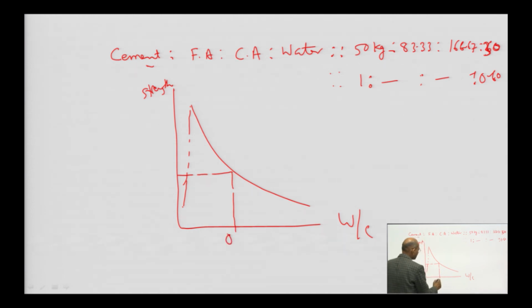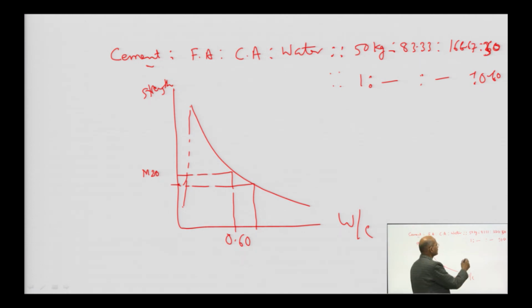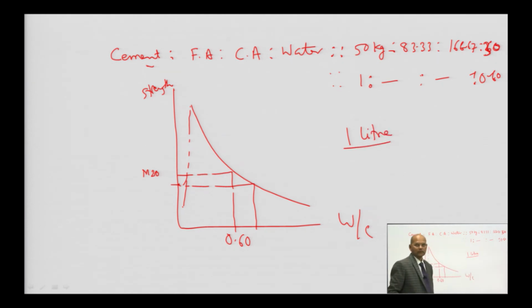Okay. So, let us say our strength of the concrete is here, and the water cement ratio is here. For this particular water cement ratio, say 0.6, we are able to get M20 grade concrete. So, if we are adding some more water for workability purposes, what will happen? This will go down, water will increase, and this will not be M20 grade concrete. So, suppose I want to put 1 liter more water in the concrete for better workability. Proportionately, what do we have to do?